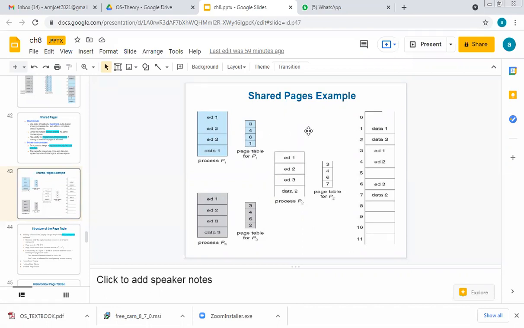That means P1 is holding resource 1 and requesting resource 2. Let's assume P2 is holding resource 2 and requesting resource 3. P3 is holding resource 3 and requesting resource 1. That means a circular wait cycle occurs, which definitely leads to deadlock. So we have to solve the deadlock.